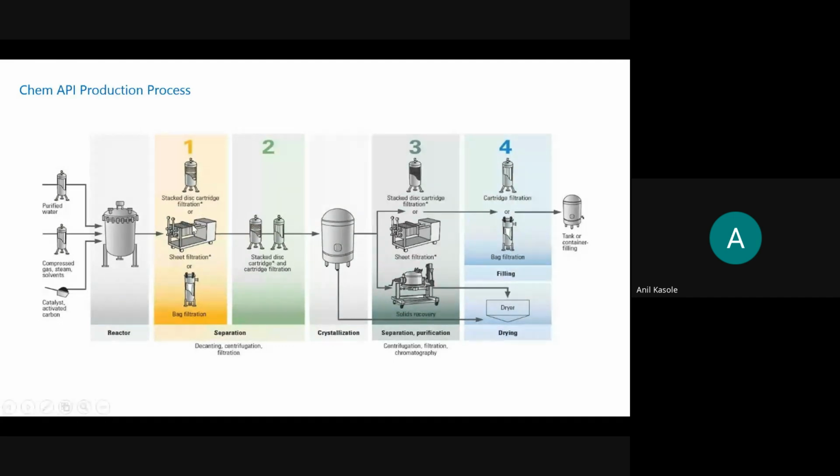So it is, let's say for example, 500 micron. So here it will have 1 micron, right? So that's the level of filtration. Then it goes to the crystallization. So it will form the crystals, what was left from the separation, and it will go for the final purification. Again, there are a lot of different filtration processes here, and the drying. You can see again the filtration here, but finally it is either a vacuum tray dryer or an air tray dryer, right? So the product is dried by air or vacuum, and this will go into the last step. So this is just a high-level process of the chemical API.